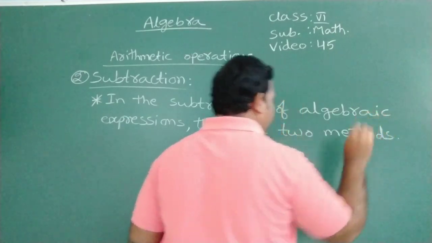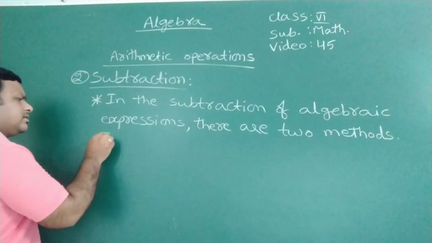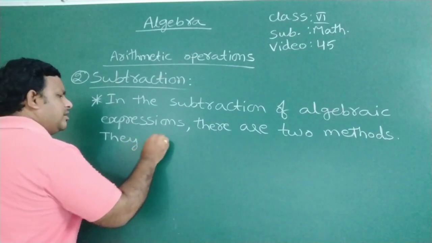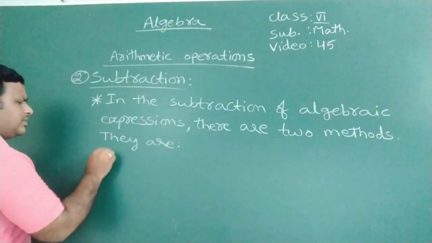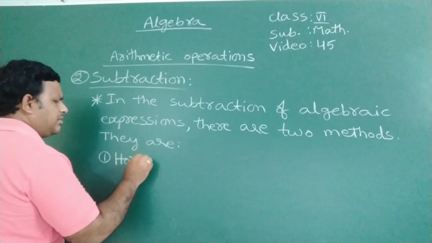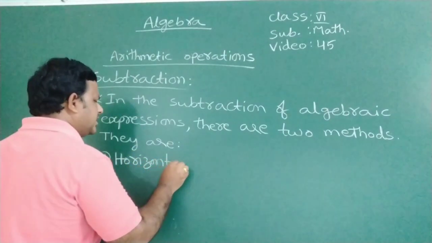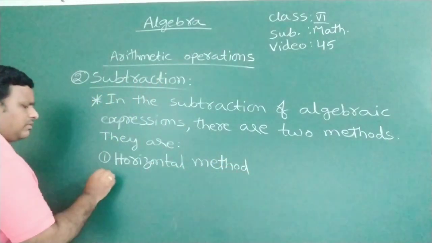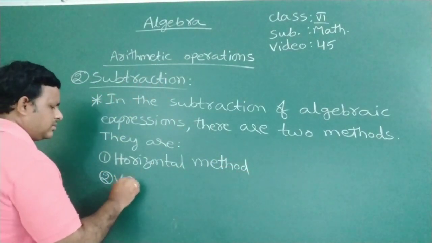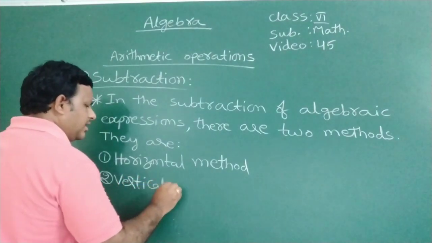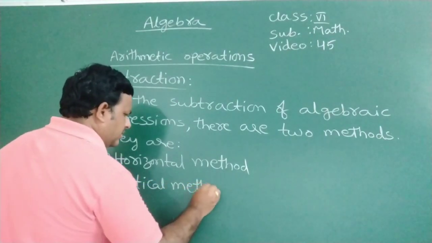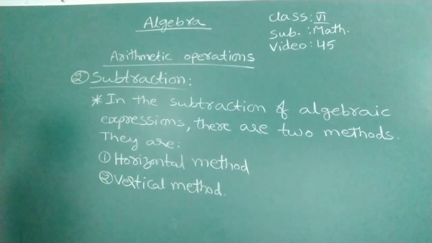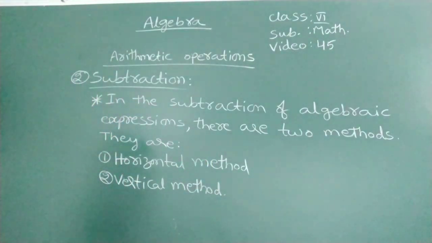So what are they? Number one, horizontal method. Number two, vertical method. So horizontal method and vertical method we are using to add or to subtract the algebraic expressions